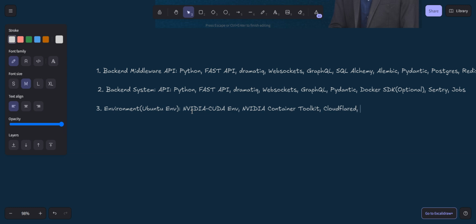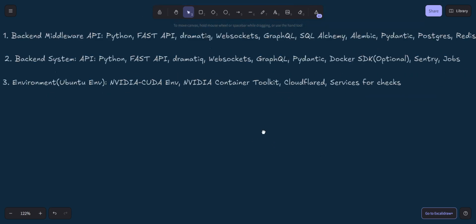And then we are going to use some services, like systemctl services, or whatever you want to call them, that you have supported in your Ubuntu environment. We need the services for different types of checks. Those checks are going to be regarding